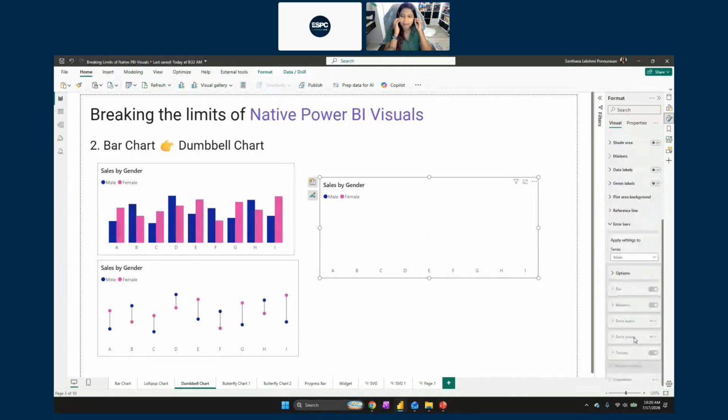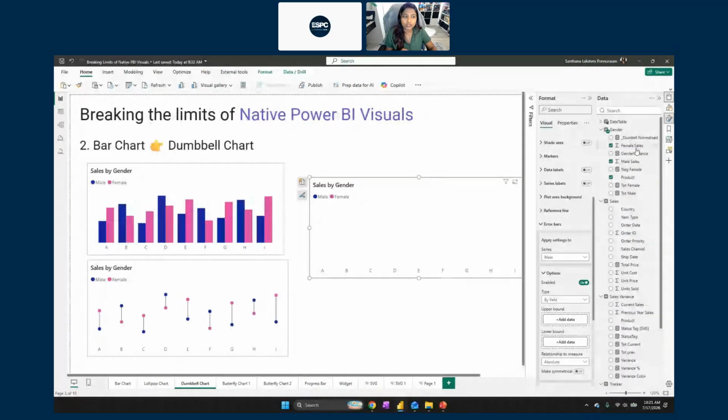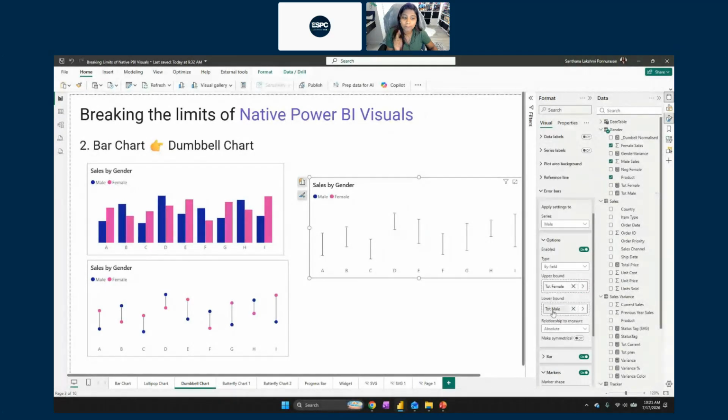Next, we're going to use the same technique that we used for the lollipop chart to bring in the candies. So here, if you see, dumbbell charts are basically dumbbells, right? I have a stick in the middle and two weights on the side. So what I'm going to do right now is, same method, enable my error bars. Then I am going to use my measures to put in my total male and total female measures. Quick recap. In the lollipop chart, I had the candy only on the top, so all I did was use the upper bound. But now I need both sides because we're talking about dumbbells. So we're going to use the upper bound as well as the lower bound.